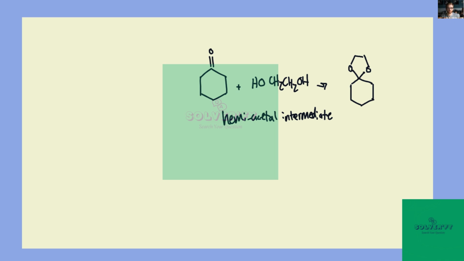What is a hemiacetal? Recall that's when we go from having a ketone, well, not necessarily do we have to start with a ketone, but that's generally what we're referring to. It's going from a ketone to the carbon no longer bearing a double bond to oxygen, but instead a single hydroxyl and a single ether functional group, right? And then when we complete the reaction, we get our acetal, in which both oxygens are ethers